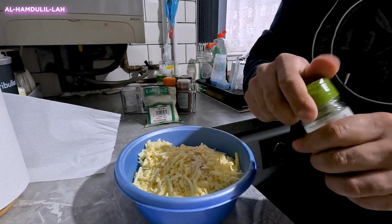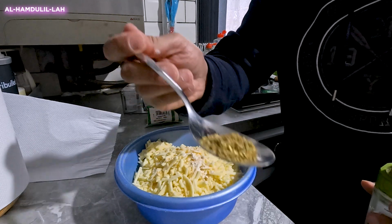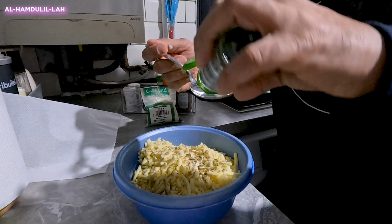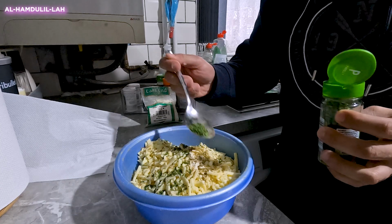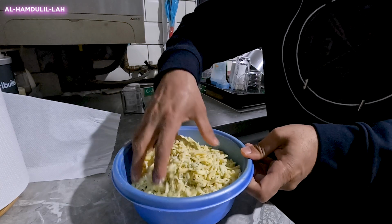Next, we've got the oregano. That should be enough, because it's quite strong. It's overpowering, so you don't want to be adding too much of that. And parsley, you can add probably as much as you like, because it doesn't really matter. And then what we're going to do is give that a good mix. And whilst you're mixing this, if you think something is short, either the oregano is not enough, or something else,